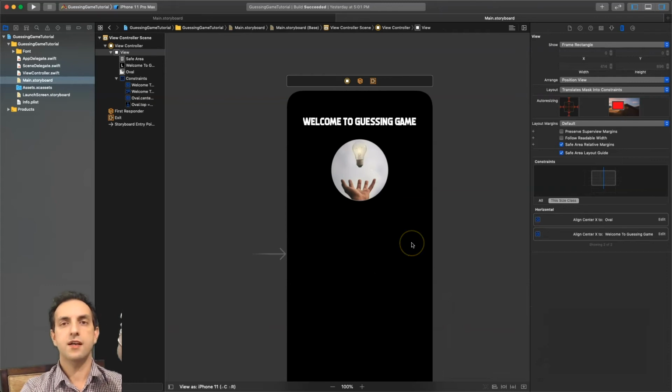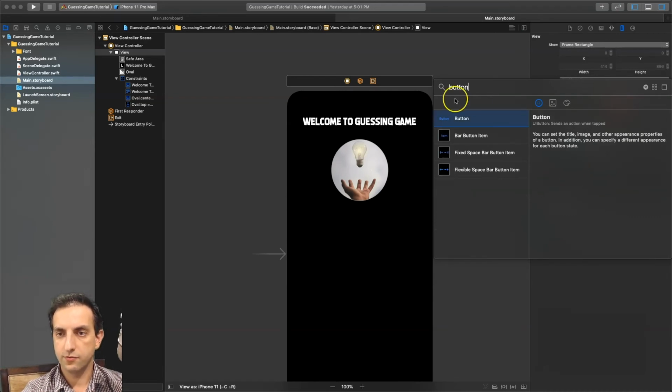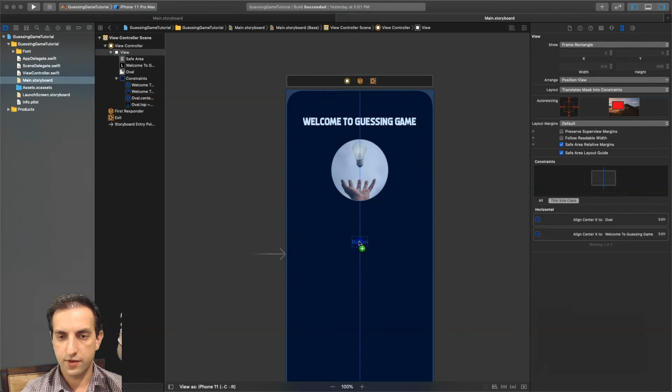So now we're gonna go ahead and add the last component for our main screen for the guessing game. And that one will be, again, plus, and you type in, so what do I need? I need a button, right? So I'm going to do button. I'm going to drag the button over,